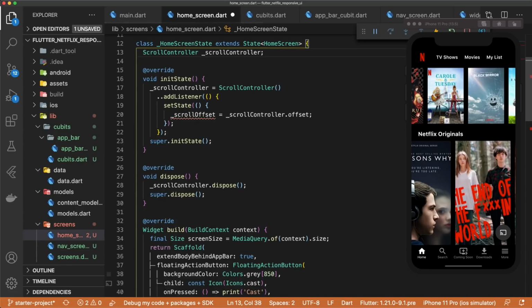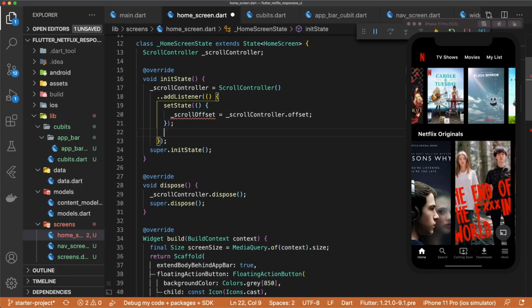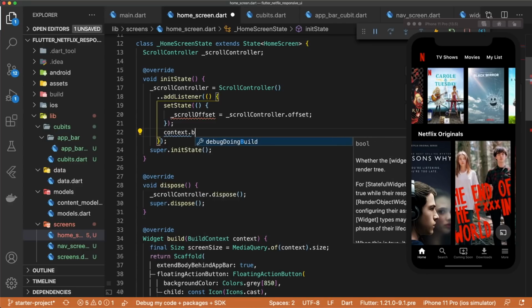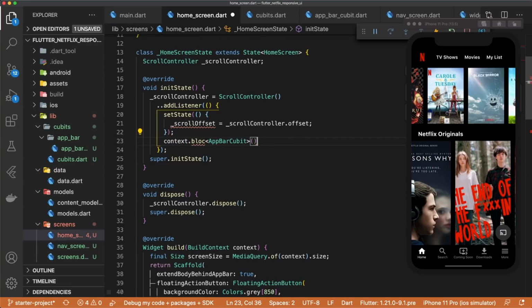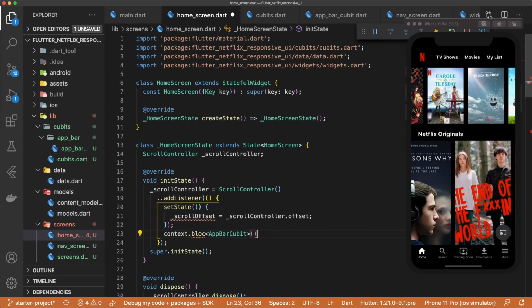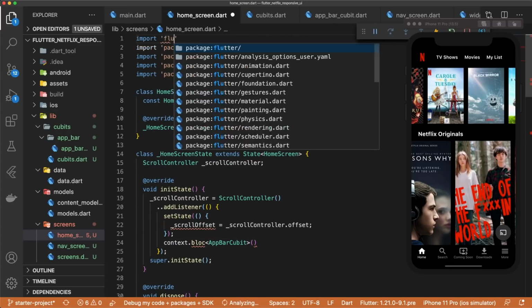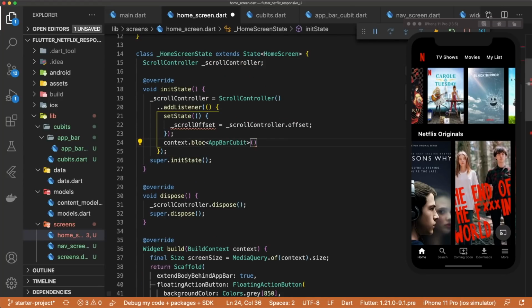Inside of homescreen.dart, we got rid of scroll offset, and now instead of setting the state, we're going to be accessing our cubit. And the way we can do that is by writing context.bloc AppBarCubit. And now if we import cubits.dart, and we also need to import Flutter Bloc, we can access the setOffset function by doing dot setOffset and then passing in our scroll controller dot offset. Let's remove the setState